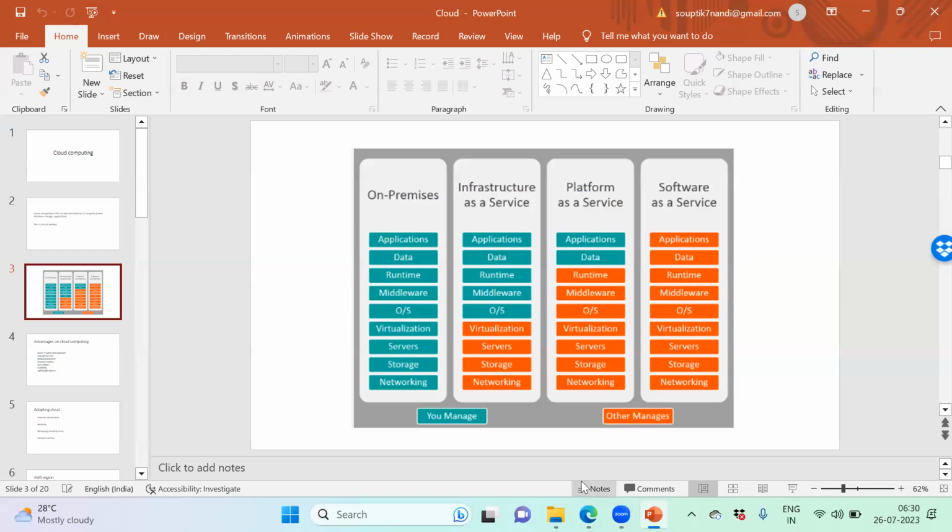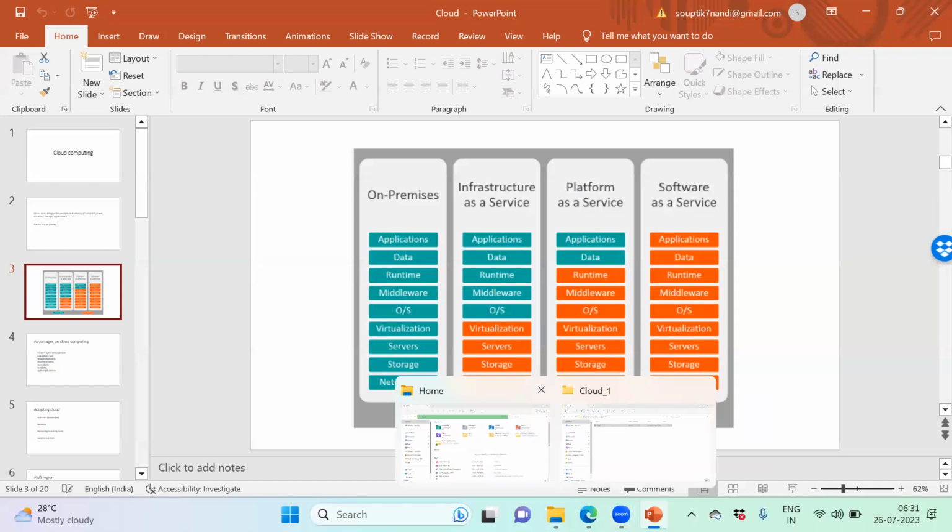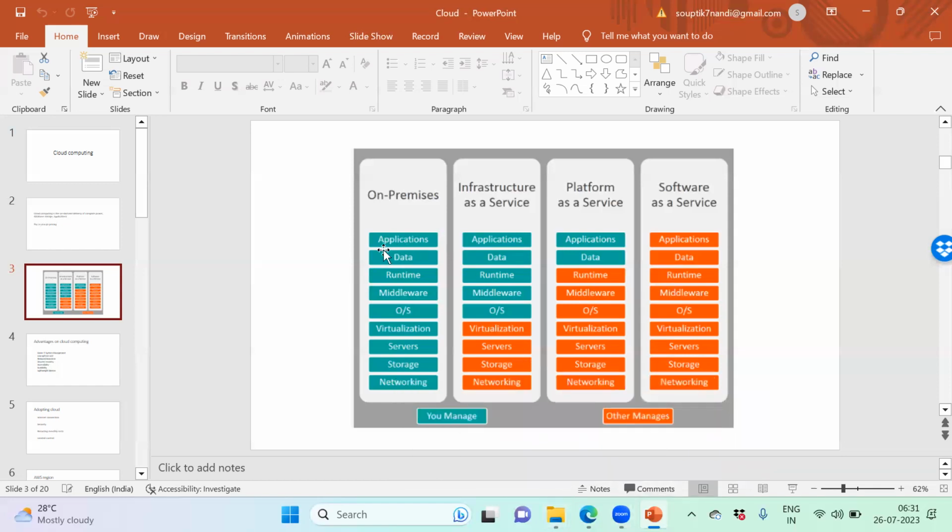This is the same thing as when we worked in the MySQL database. We are installing the databases over here. We are checking the data. If any patches related to that particular software need to be updated, we can update the same thing over here in our local system. Local means on premises.